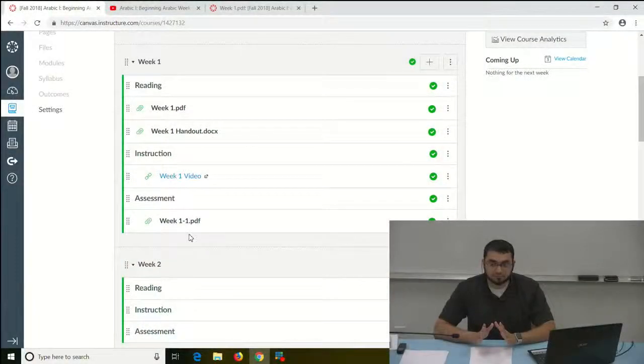This is the homework assignment. You open it, you look at it, and you're actually going to be writing out your homework almost every week. Then there's going to be another link uploaded for you, right below this, where you scan or take a picture of your homework and upload it to that link. And then we grade it from there. Okay? Any questions so far? Any questions about Canvas? Any questions about anything?